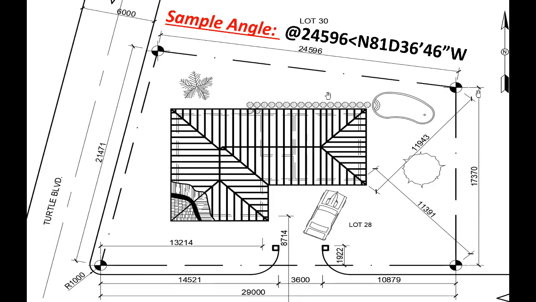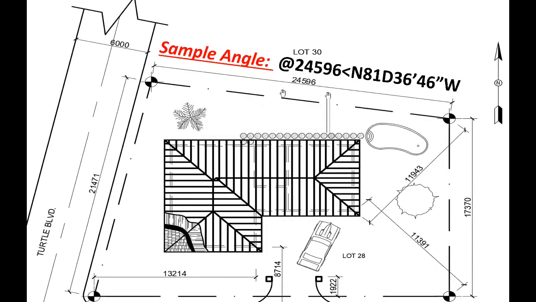Now the way you would draw it, you remember polar coordinates that we did early in the semester, where we give the at, the distance, and then we give the angle. So what I've done is give you a sample to tell you what you would type to draw this boundary. So let's review that. You would basically, while you're in the line command and you reach here, with the ortho off, type at the distance traveled, which is